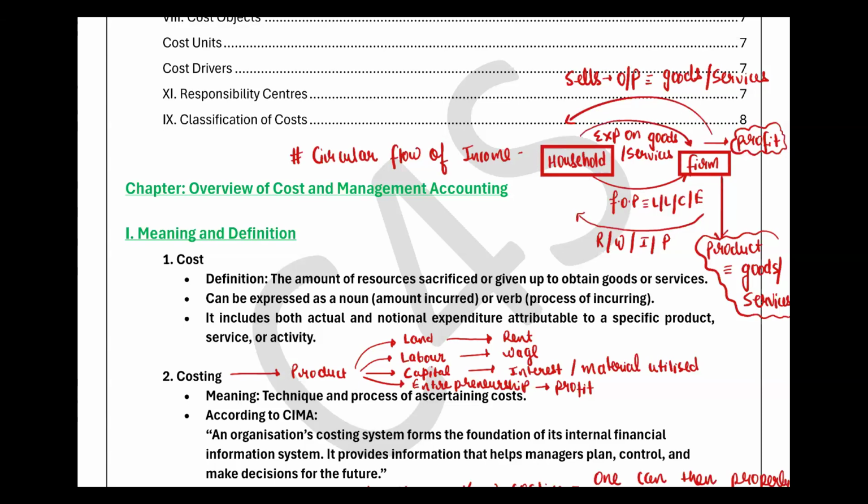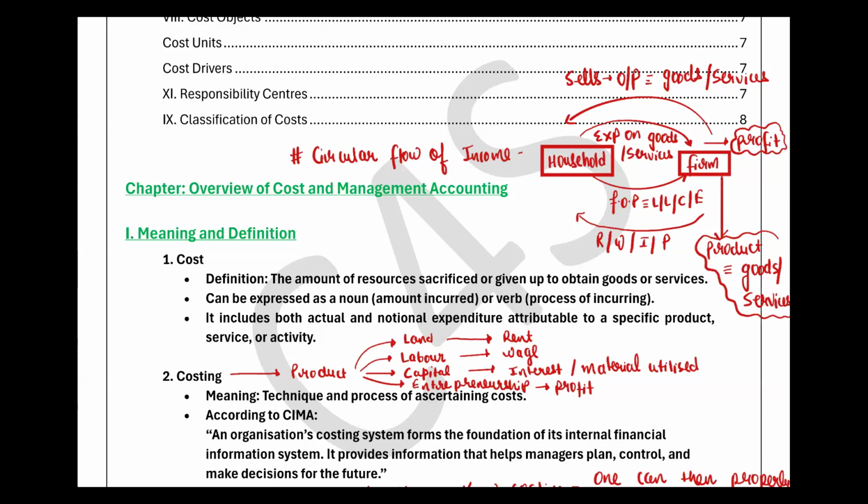Don't get confused: you may ask, sir, you are telling that a household will only give factors of production and output will be sold to the household. Household means there will be all types of consumers, in the form of labor, those who have land, and so on. So household means all consumers. This is macroeconomic language. Household means I am combining all the consumers, and firm means I am combining all the producers. Consumer and producer are microeconomic language, and this is macroeconomic, as we are talking about the whole.